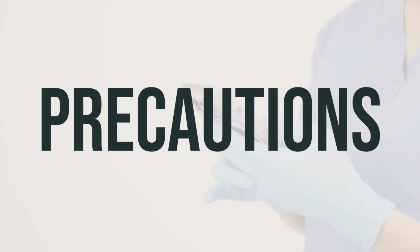Before using Ziana Gel, it's important to talk to your doctor or pharmacist about any allergies you may have to clindamycin, tretinoin, lincomycin, or other vitamin A-related drugs. This medication may contain inactive ingredients that could cause allergic reactions, so make sure to discuss this with your pharmacist. Be sure to also inform your doctor or pharmacist about your medical history, especially if you have certain intestinal problems